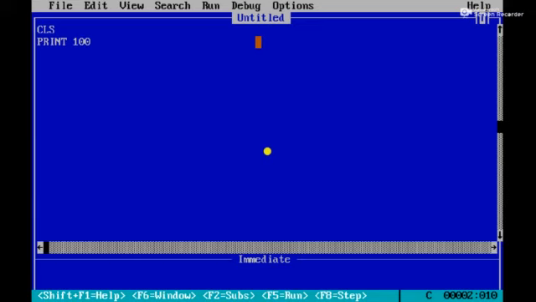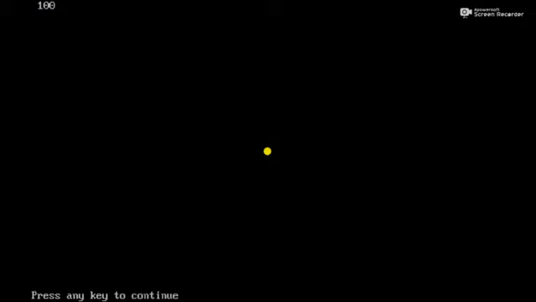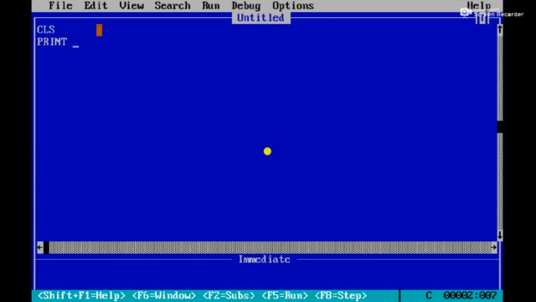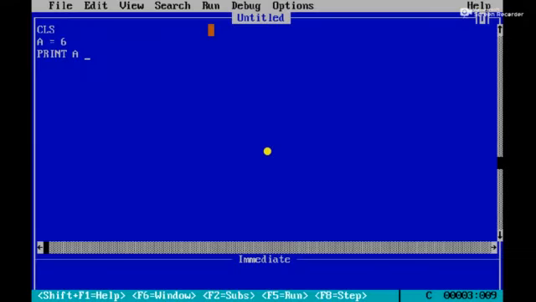Just print 100. So that number 100 will be displayed on the output screen. Okay. Then the value of the variable. See here, A is equal to 6. Here I am going to print the value of the variable A. Let me check. See here, 6 is printed on the screen. Okay. So you know what is the use of the print statement. The print statement is used to display the output on the output screen. Here the output may be a message, or the value of a variable, or it may be numbers.